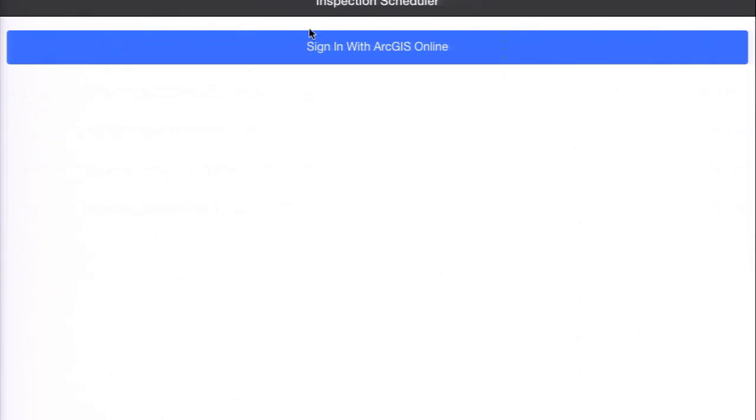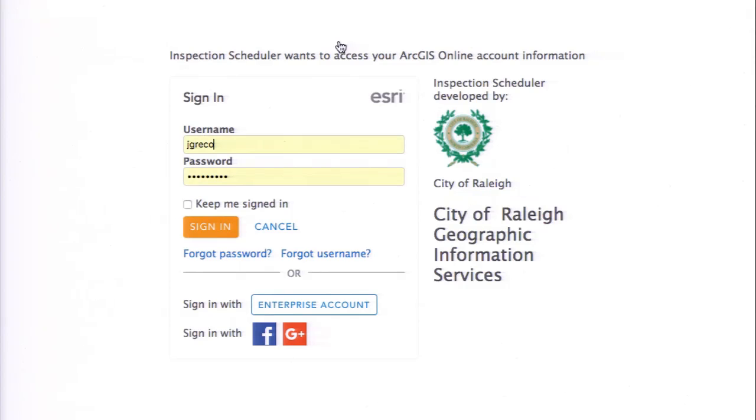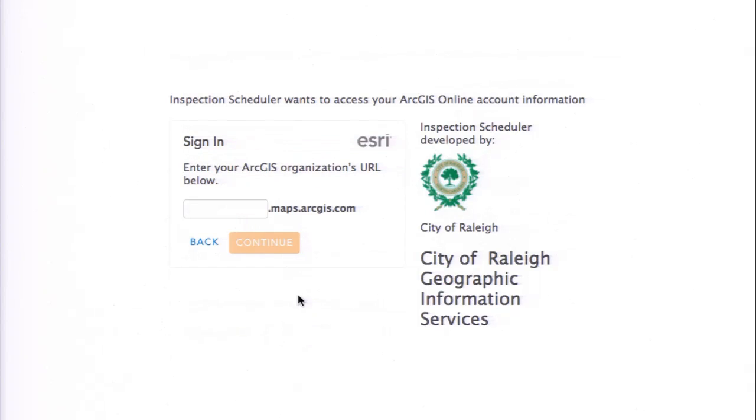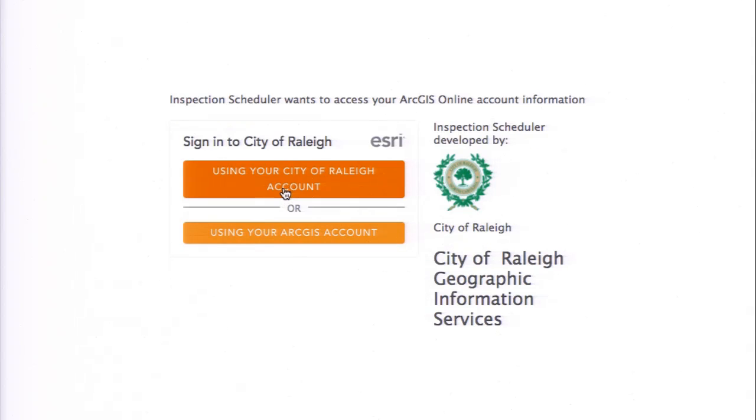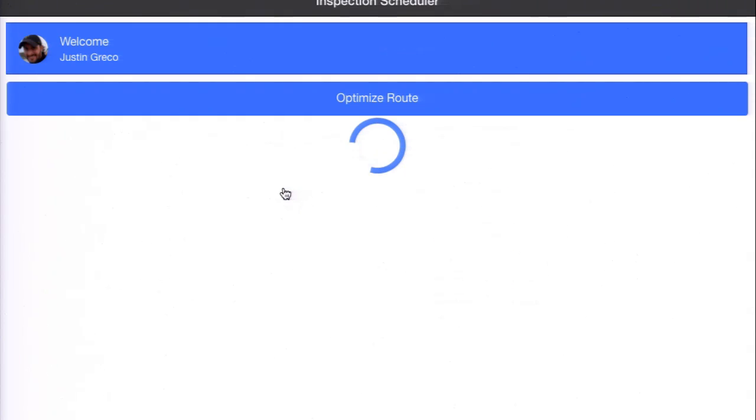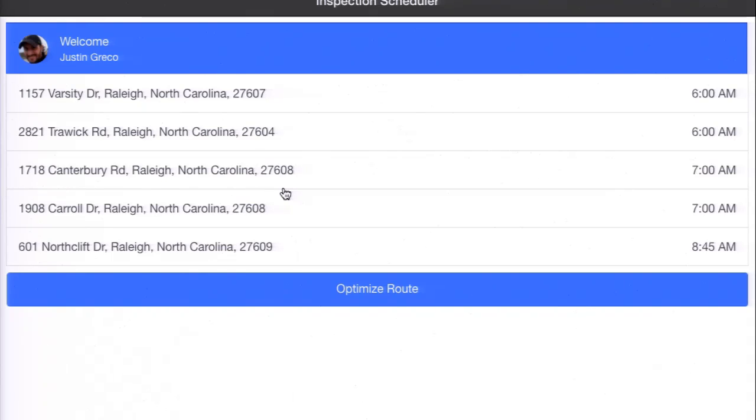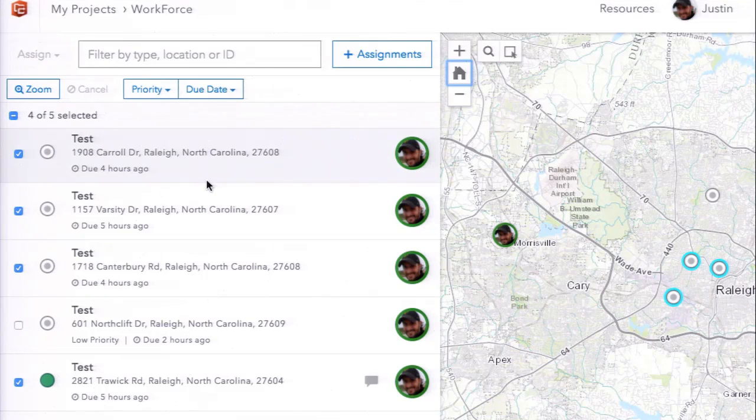I will refresh this here. So I've hooked this up with my ArcGIS Online through OAuth 2. So you just have to come in here and enter your account. I've entered mine, and I have it hooked up to this map that I'm working on now. So this is a list. The one I just added was this Northcliffe. And you will see in Workforce here that